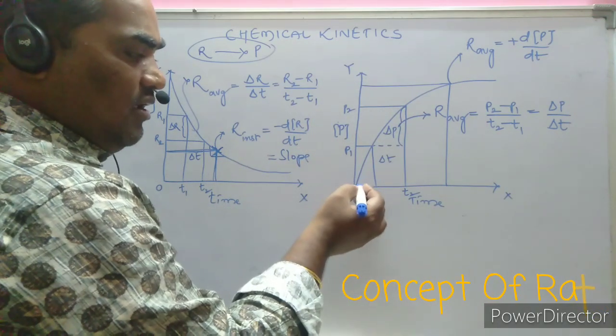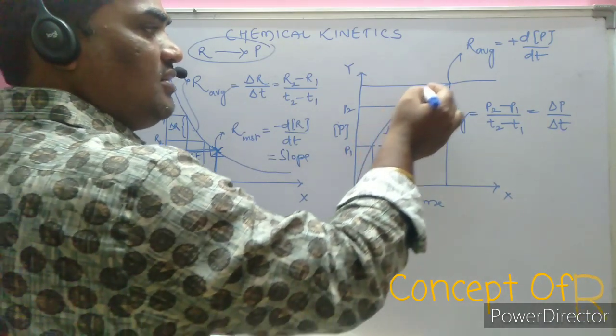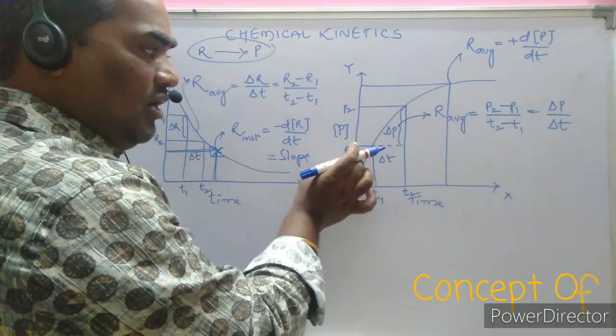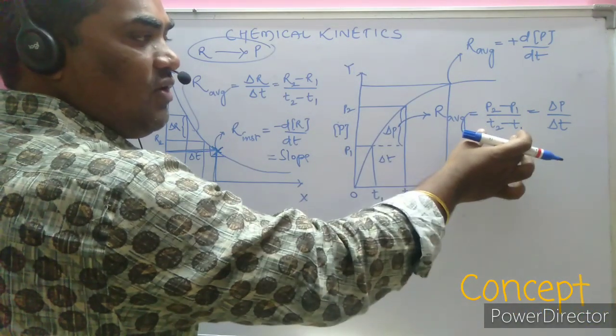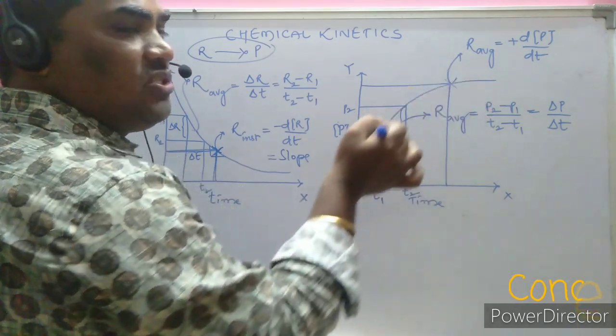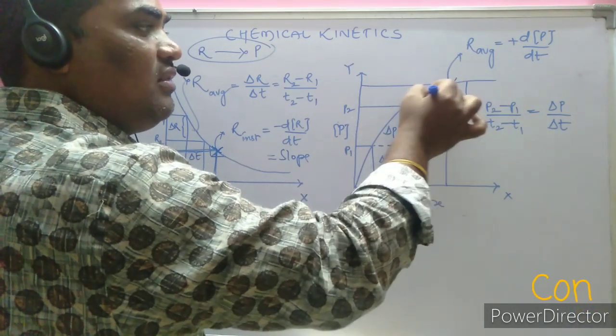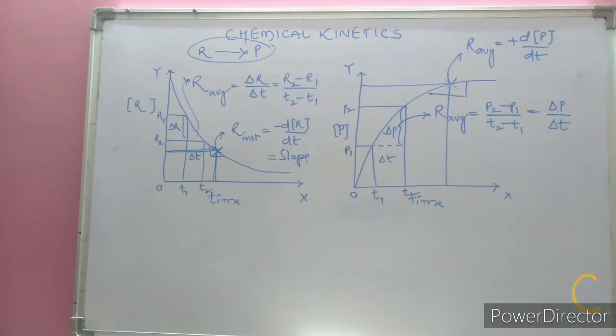The same here, initially the product concentration is 0. As the time increases, the concentration of the product increases. In two different intervals, if the concentration of the products is considered, that we call the average rate with respect to the product. At any particular instant, if I want to study, that we call the instantaneous rate, the slope. In the calculation of the problems, most probably they ask questions regarding the instantaneous rate only.